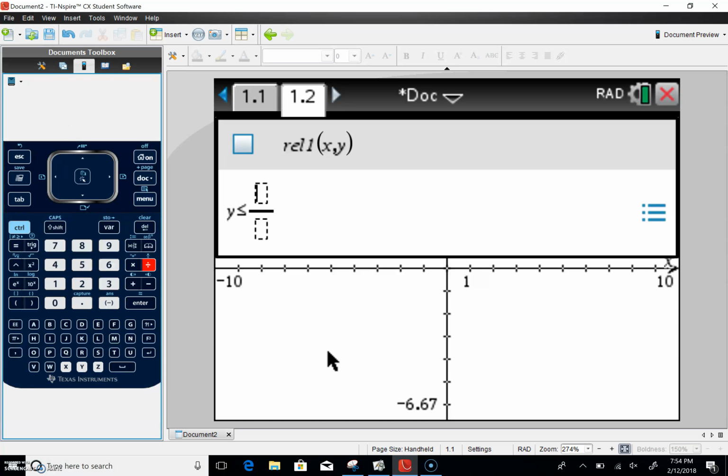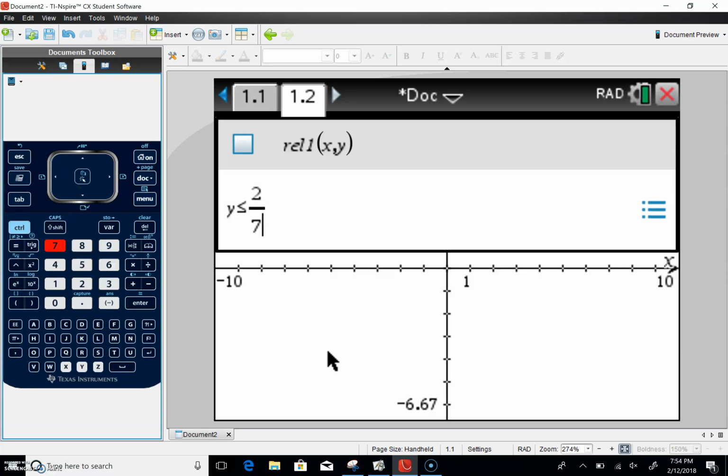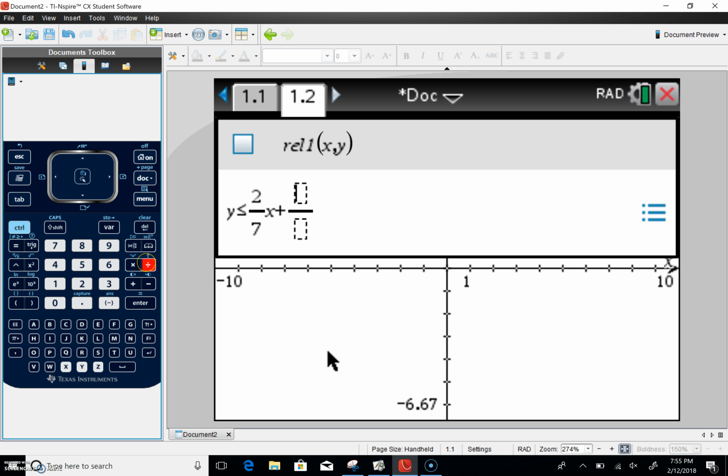control divide 2 over 7 x plus delete control divide